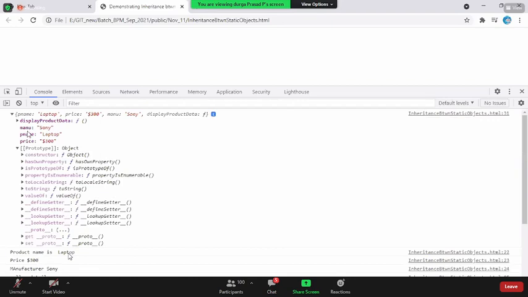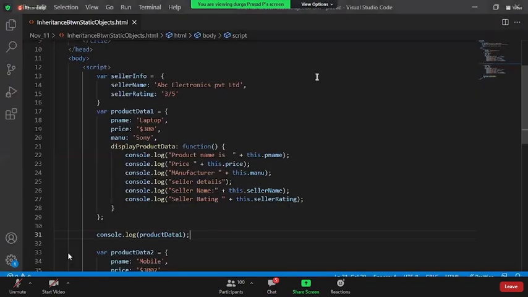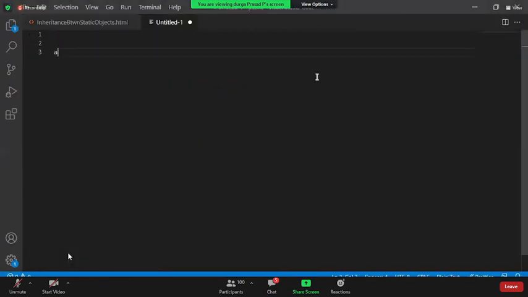So if you see here, along with the objects data, like name, price, menu, etc., is it not having a property called __proto__? Yes. Now, what do you mean by that property? In JavaScript, any object you create, say data is equal to some object like this.